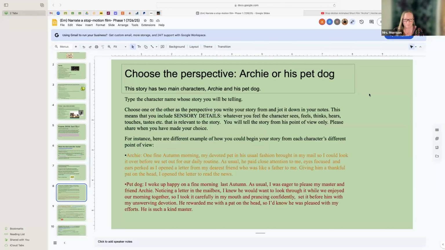While you're deciding, what you'll be doing is you're going to be thinking about how the story is presented from the perspective of that character. So it means that you would include those sensory details, whatever you feel the character sees or feels or thinks or hears or touches or tastes, etc., that's relevant to the story. You'll tell the story from his point of view only. So share when you've made your choice,